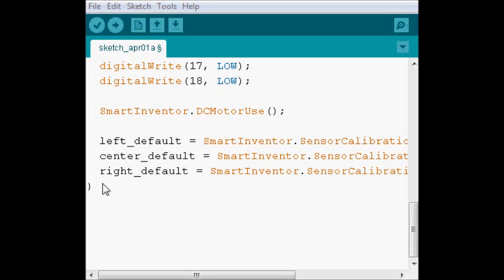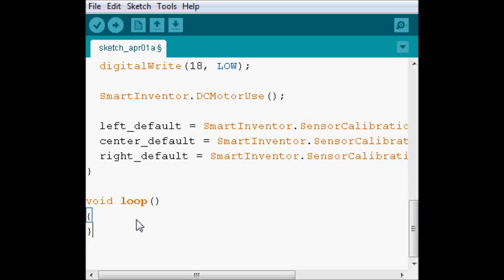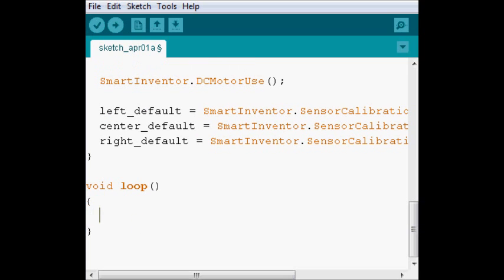Now we're gonna work on void loop. As I mentioned before, this robot is not that complicated. You're gonna move left and right with the left and right sensors, and with the middle one you're gonna shoot. So the first thing we're gonna have in our void loop is we're gonna check our sensors to make sure to see